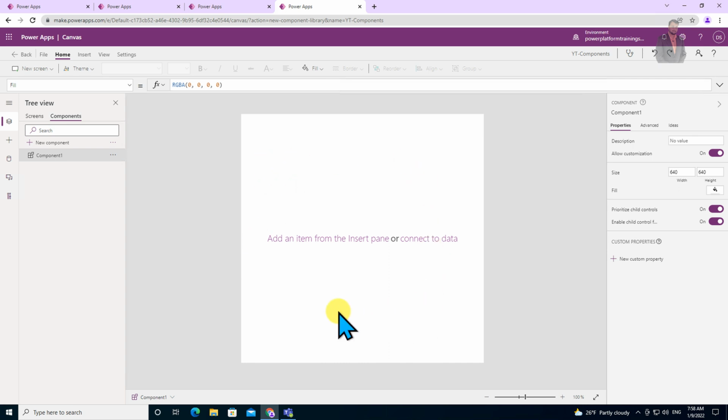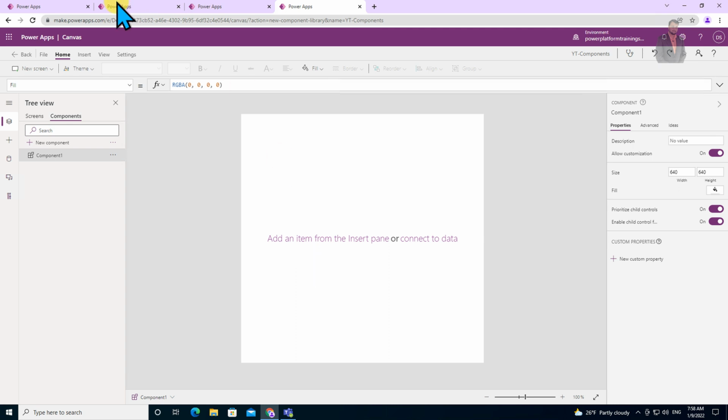Now let me talk about the main difference between the component library and the Canvas app component. Component library provides us the mechanism to create the component centrally. Let's say you have 10 different apps in the organization and you want to use the same component. At that time, this component library approach will help you a lot. If you make any changes to the component, it will automatically be reflected in each individual app.